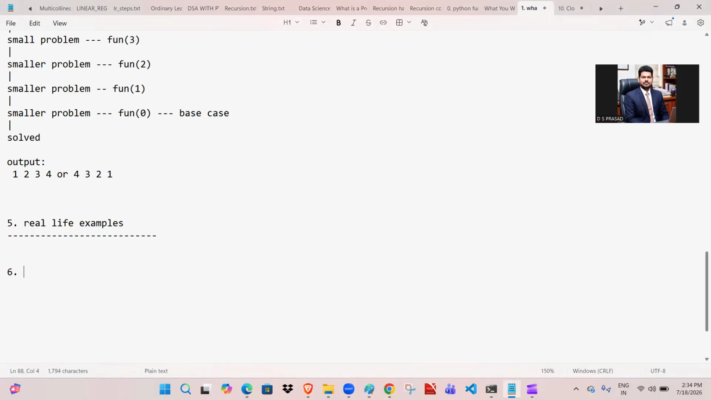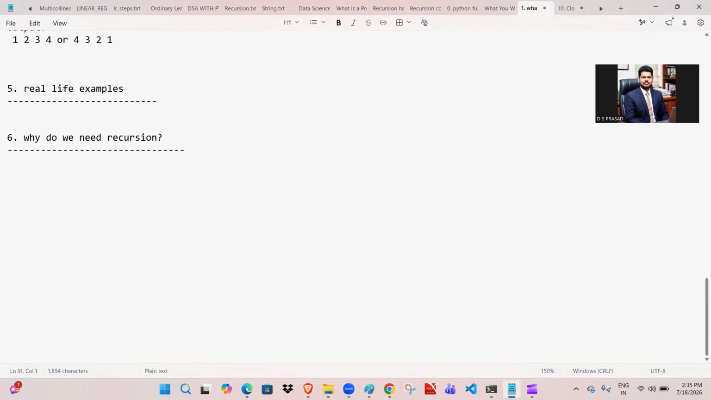And the next concept, that is the sixth concept from recursion that we are going to learn today. So why do we need recursion, which is a more important concept. From now onwards, every concept is very much important. Why do we need recursion? Because so many problems